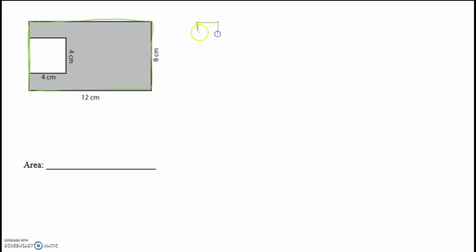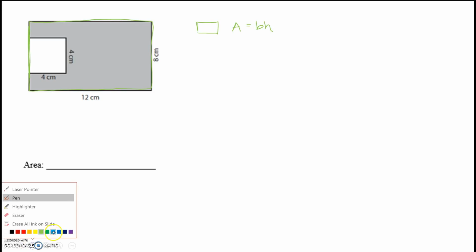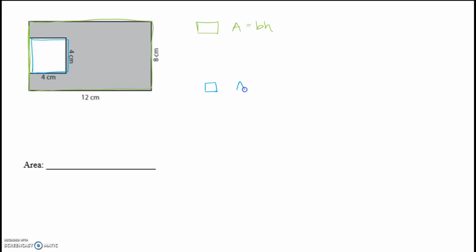So my big rectangle, I would do area equals base times height. And then I see this little square in here. So really I'm just going to take my little square out. So this one's different. We're not adding, we're subtracting. So I would do my big rectangle minus my